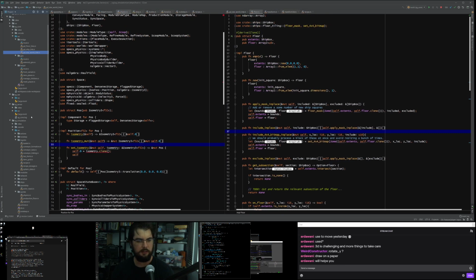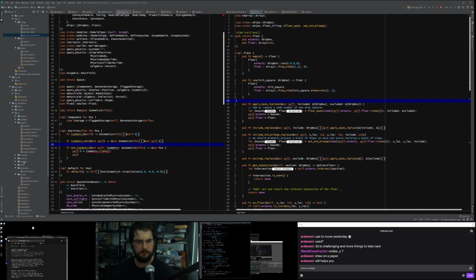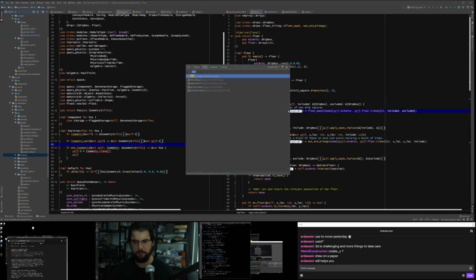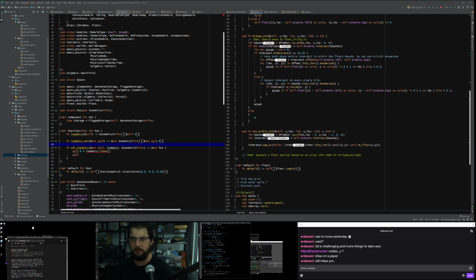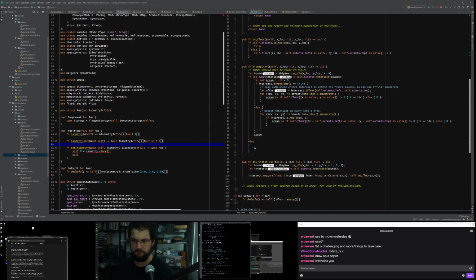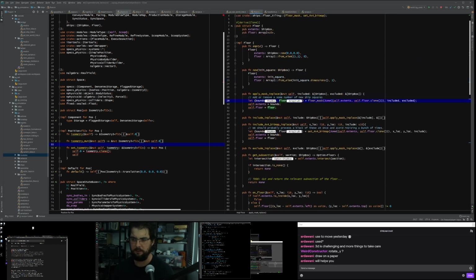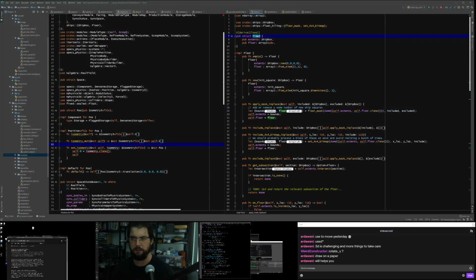So I remember that being on the floor simulator that I put the code in, because it's from the floor that you create the collider in the first place. So here's a floor class, and somewhere in here, well, it's probably somewhere else that uses a floor.